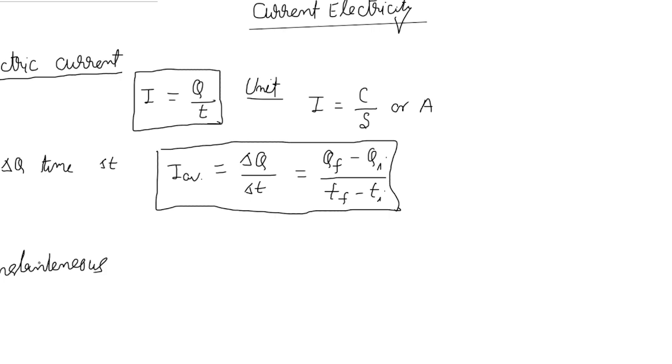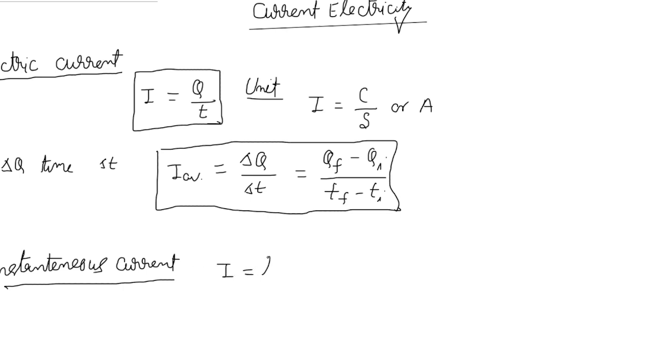The instantaneous current is the rate of flow of charge through any cross section of a conductor. This is called instantaneous current, and its value is given by I is equal to